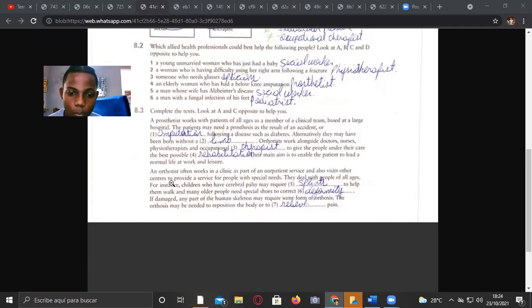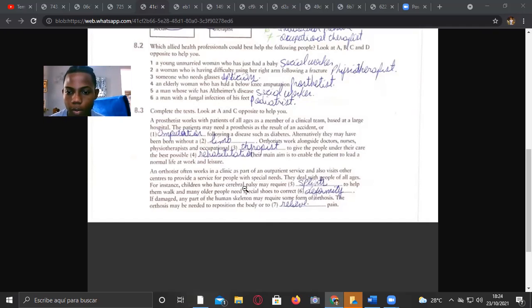often works in a clinic as part of an outpatient service and also visits other centers to provide a service for people with special needs. They deal with people of all ages, for instance,